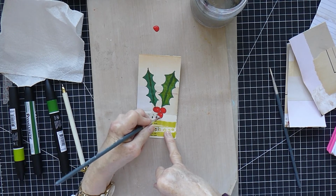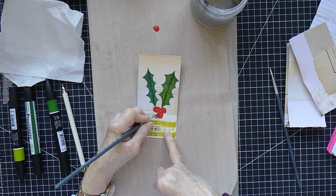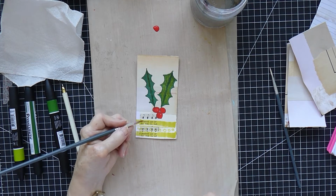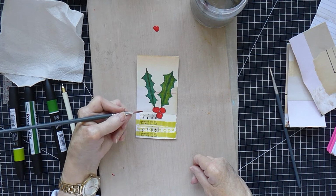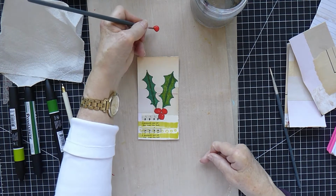Right. There we are. And I quite like that you can still see the bit of music showing through. So these, although it's a really lovely, bright, strong colour, they've got a little translucency to them as well, which is really rather nice. And I thought I might add,